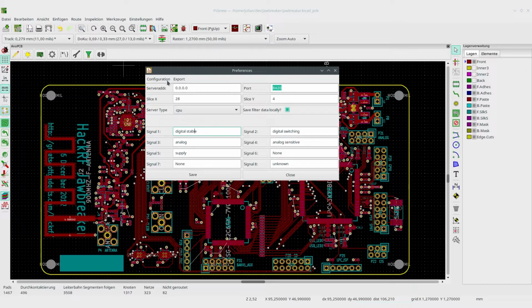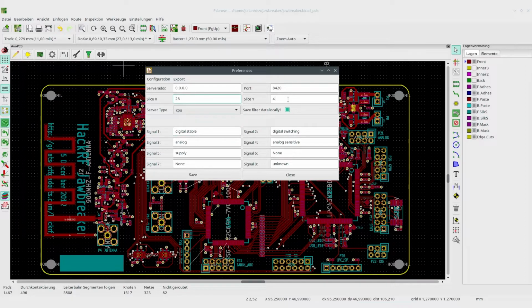Also, this plugin is currently configured to provide 8 different signal types, and instead of the signals having numbers, you can give the signals names to differentiate between them more easily. This is the standard given and also the standard used by our trained model, though you can choose to change the signals, but keep in mind that you'll have to keep this consistent throughout your model training and usage.